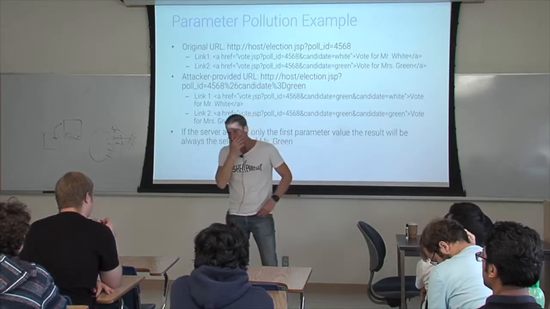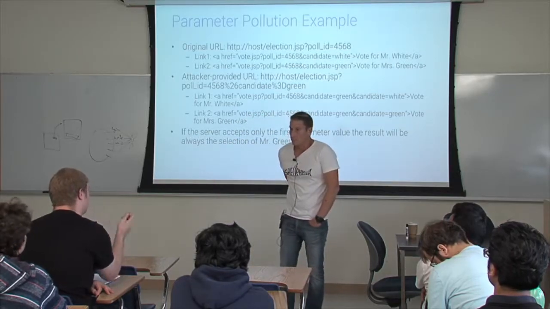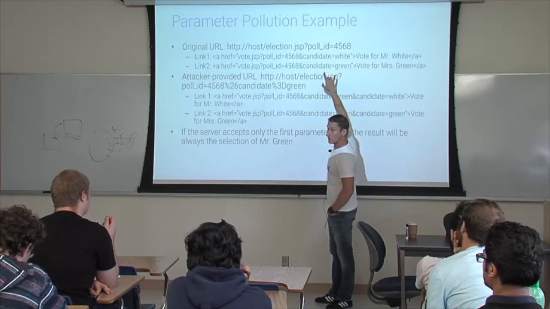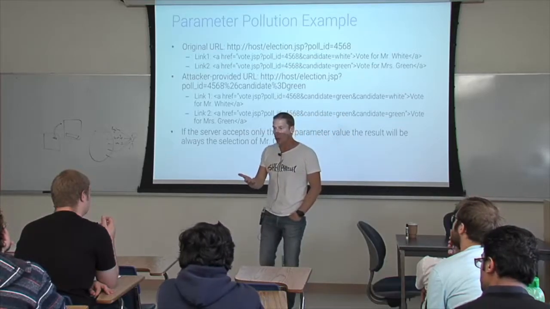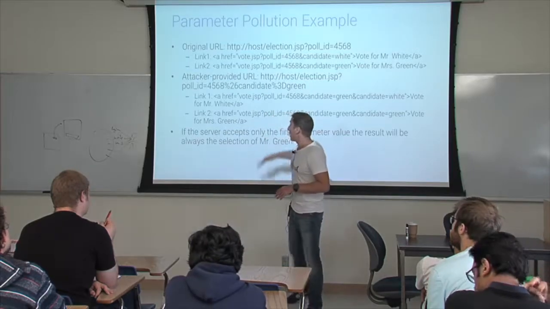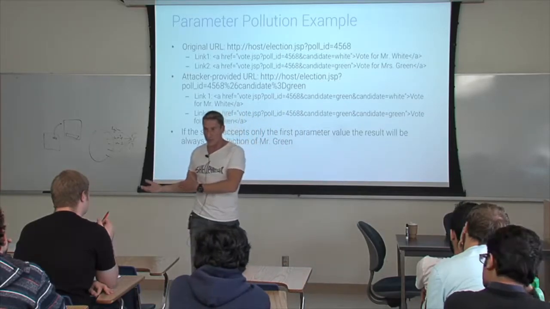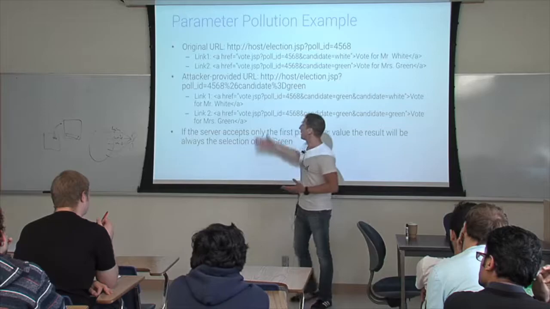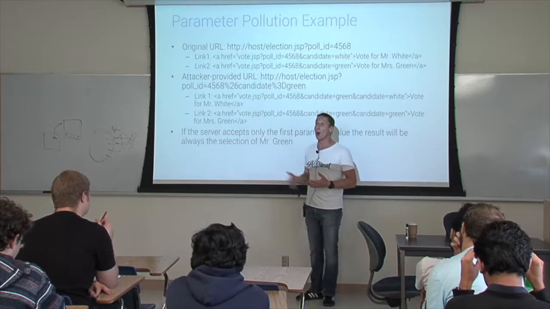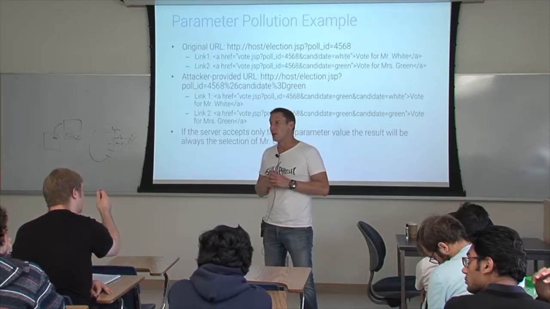Yes? How is this any different than just giving them the same link twice, like the link for green, and then just having it say that it's white? Because the application takes from you only that value. You don't give them all the information. They take one value, which is your ID, and using that value, in some way, they create these two links that they present to you or to a third person. And so suppose that you present it to a third person, and then suddenly you have polluted the web page in a way that modifies its behavior. So the page itself will say white, even if you're correct.